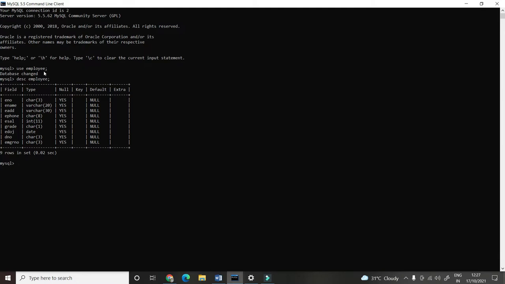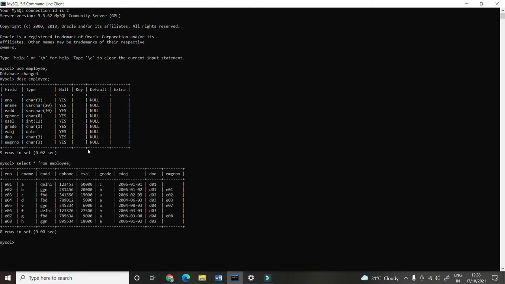So I have taken the employee table. Now I will be writing the select command for seeing my insertion part. See, so this is the insertion part. Now I want to update my table. I will be writing UPDATE employee, SET e_add equals to 'ggn', where e_no equals to e08.